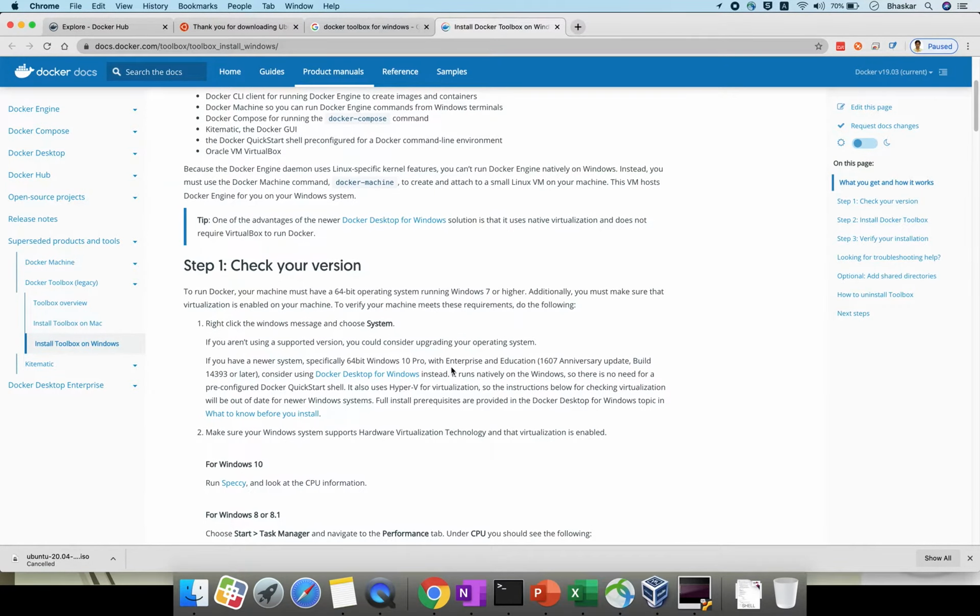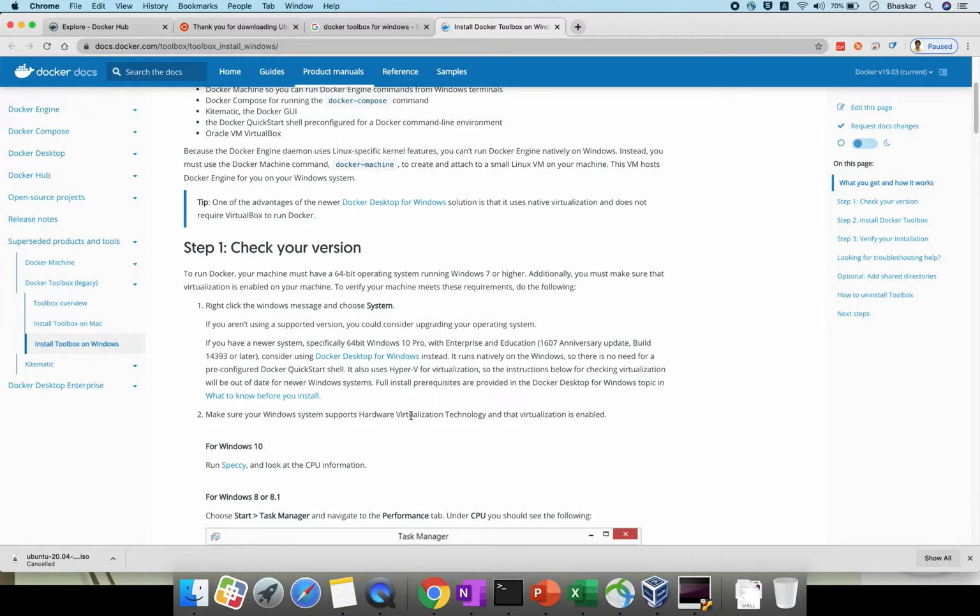The prerequisite for Windows is that you need to enable the hypervisor. Depending on the vendor, you need to search in Google and enable the option. You need to go to the BIOS settings, press F2 or F3, find virtualization technology, and enable that option. Then your virtualization will be working, and Docker and everything will work. This is a prerequisite.